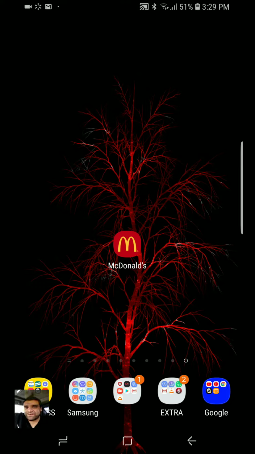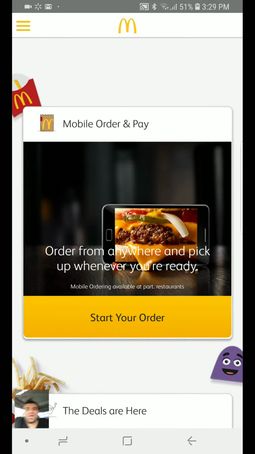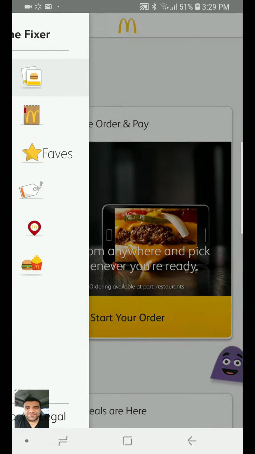There's another problem with McDonald's app. Last time I showed you guys how to fix the app by uninstalling it and installing it back again. But there's another problem going on if you go to deals on your McDonald's app. So you gotta have this app right here. It's called McDonald's. Just log in. Let's say this. If you go to deals,